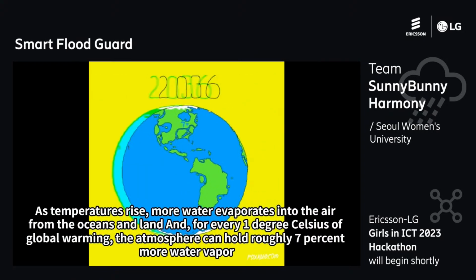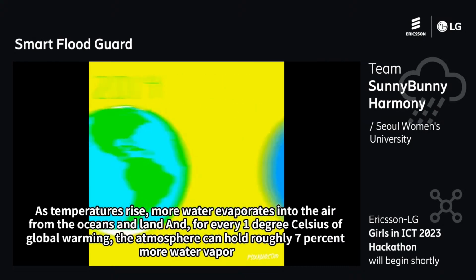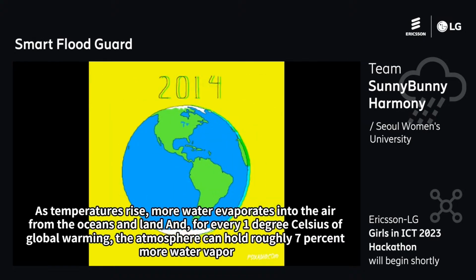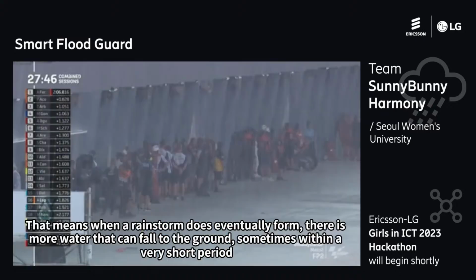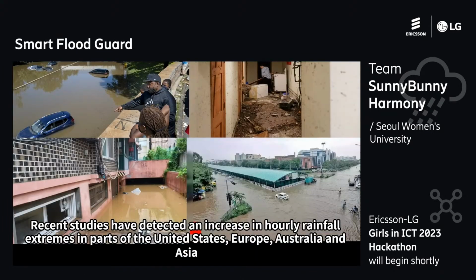And for every 1 degree Celsius of global warming, the atmosphere can hold roughly 7% more water vapor. That means when a rainstorm does eventually form, there is more water that can fall to the ground, sometimes within a very short period. Recent studies have detected an increase in hourly rainfall extremes in parts of the United States,